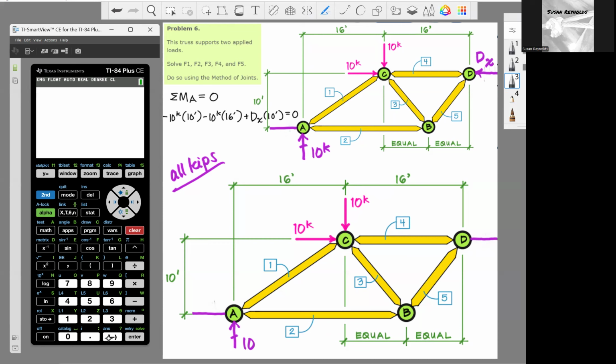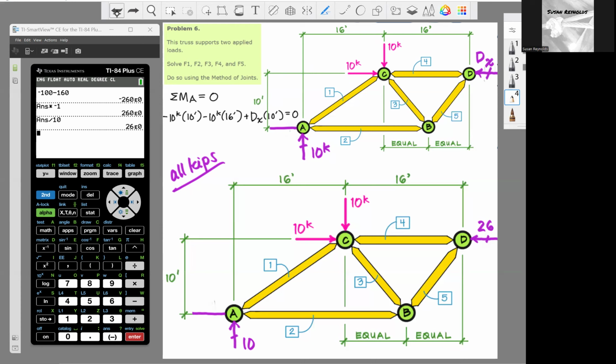So looking at my calculator, first term I have negative 100, and then I want to subtract 160. I want to multiply by negative 1 to get it to the other side of the equal sign and divide by 10. And so D sub x is equal to 26. The positive sign confirms the direction that I assumed. So now we know that this is 26 kips. With that in mind, we can now solve for our final unknown reaction. So A sub x